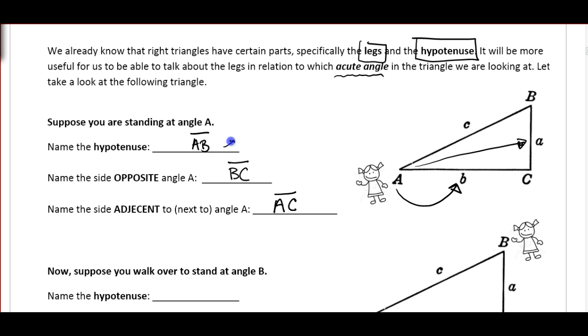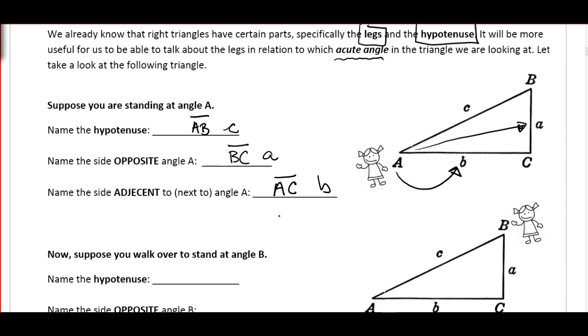Then this would be side C. Opposite would be side A. And the adjacent would be side B. We can use either one that you want to. I prefer the segment names. Alright, so now